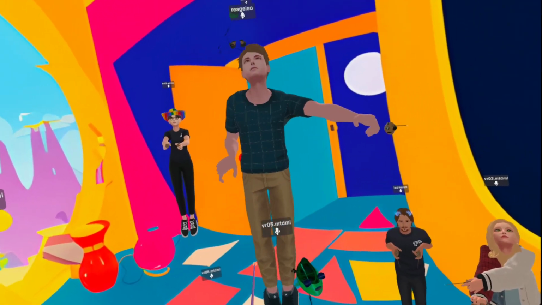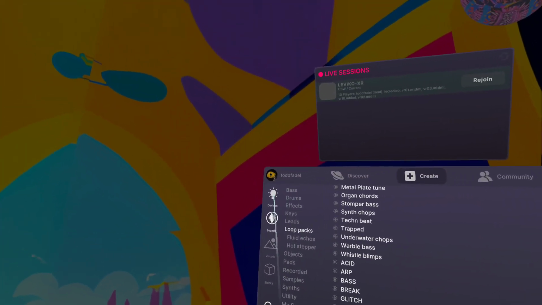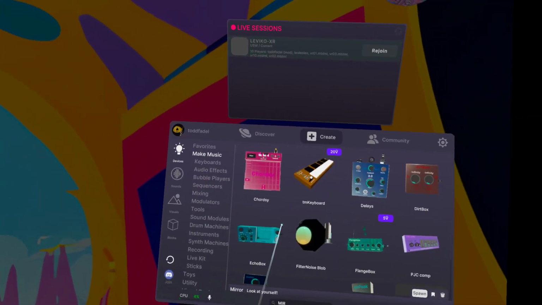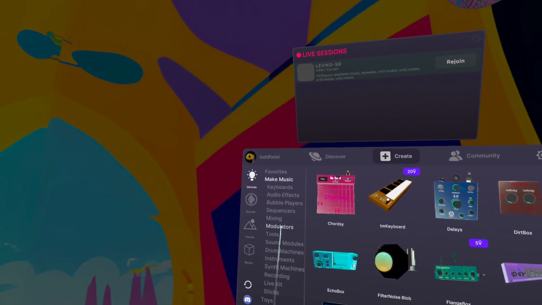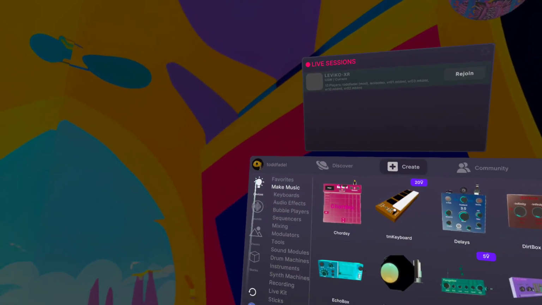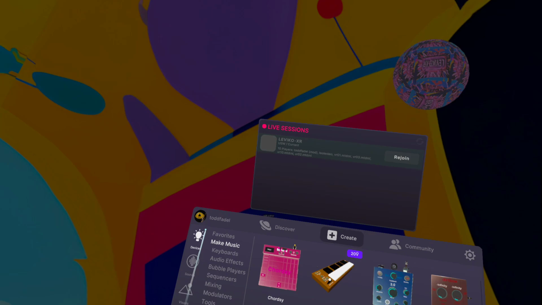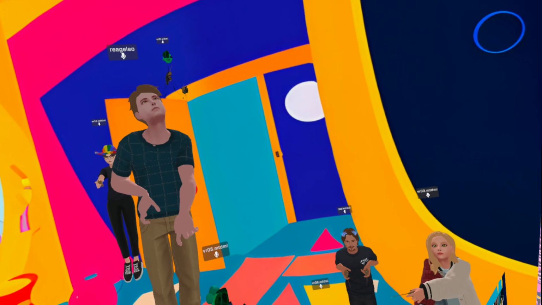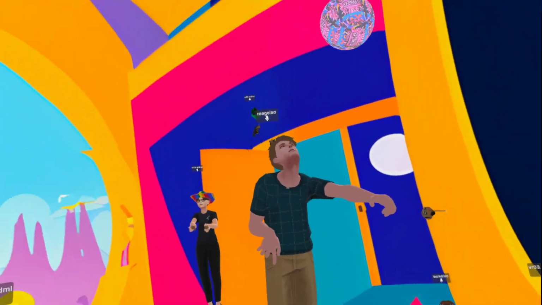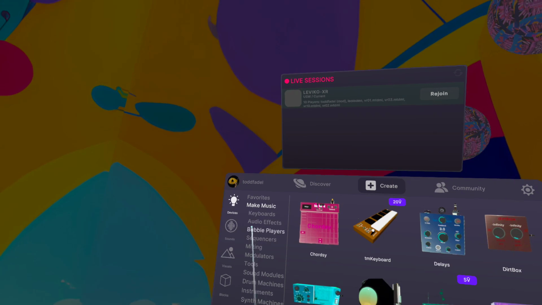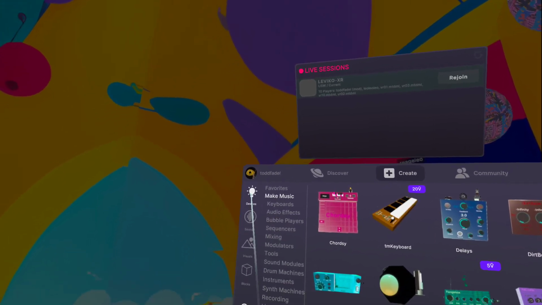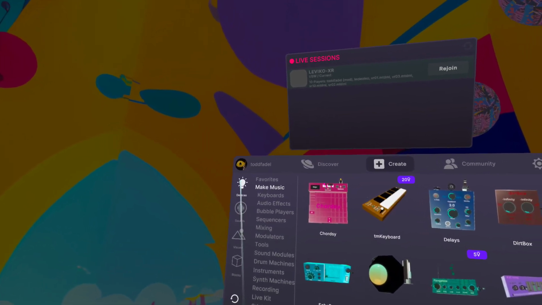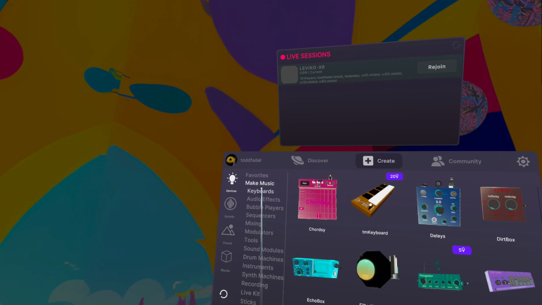The first instrument that does that is this instrument that I use that'll be in your devices under Make Music. So if you want to look along with me, you can open up your menu, which is your three lines on your controller, which is Y or B. And then you go to devices on the left-hand side. You see devices, sounds, visuals, or blocks. You're going to be going to devices. And under devices, you're going to see